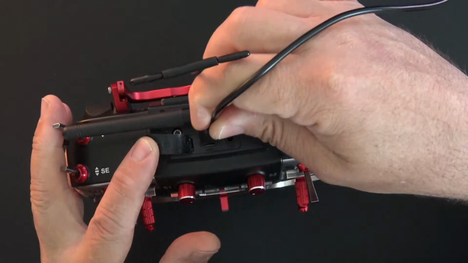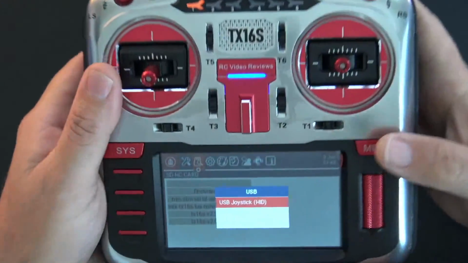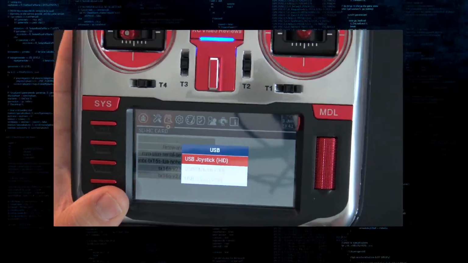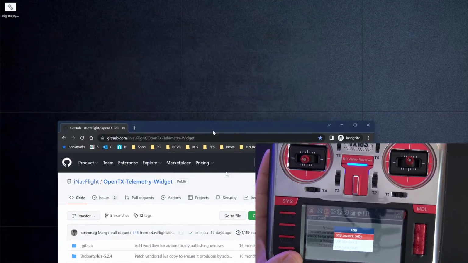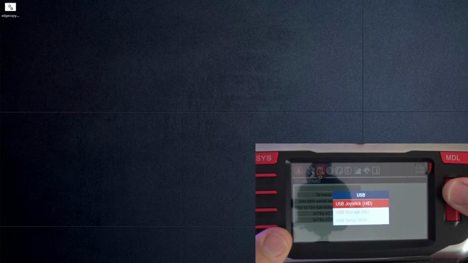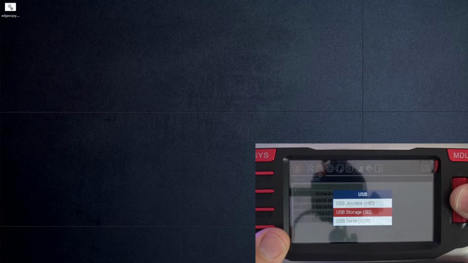We'll connect the radio to the PC using the USB-C cable that they gave you, and when you do that, you should be prompted. Let me switch over to the workspace because I want you to see what happens on the screen, and I'll hide this browser for the moment. We'll come back to that in a second. I'm going to select USB storage. See that USB storage SD card? When I click that, what should happen is my computer